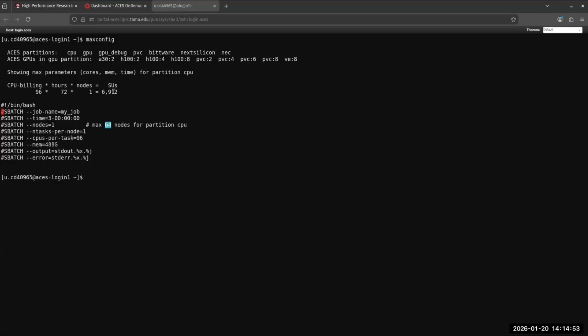And it also shows you how many service units will be charged to submit this job. So 6,912 service units to submit the job. If your job completes in half the amount of time, then you will be reimbursed for half the number of SUs. But if you submit your job for one day and it reaches one day and it hasn't completed,